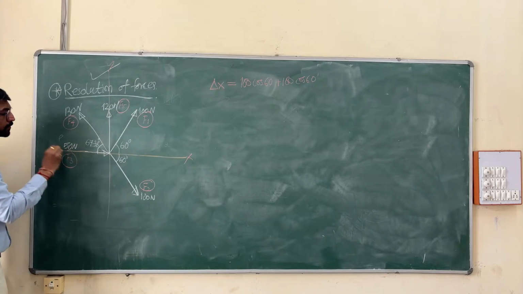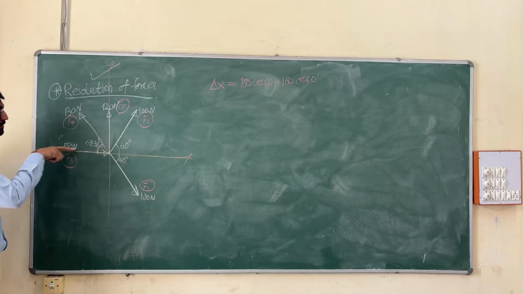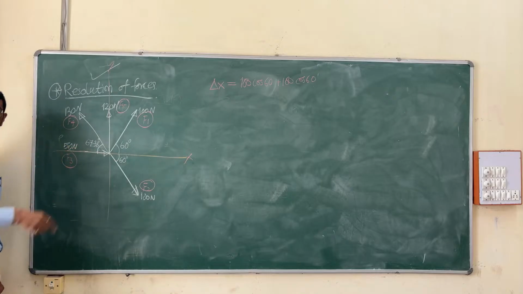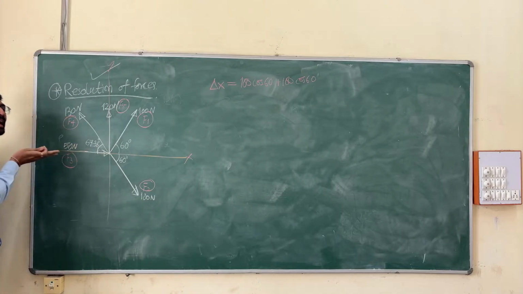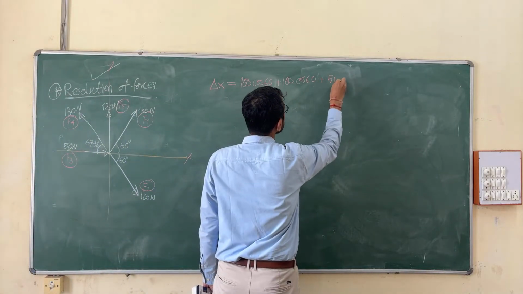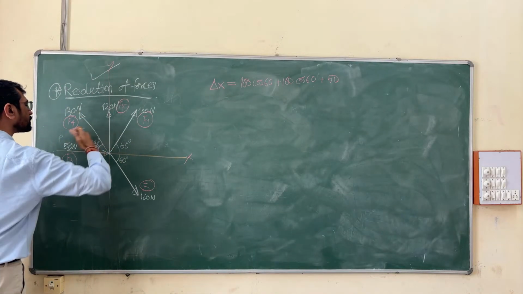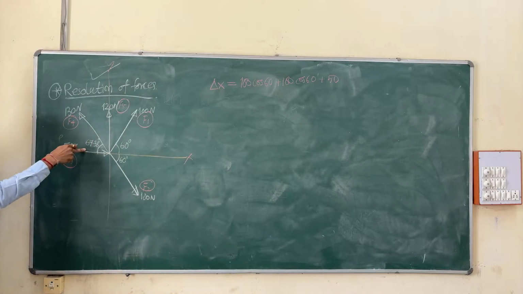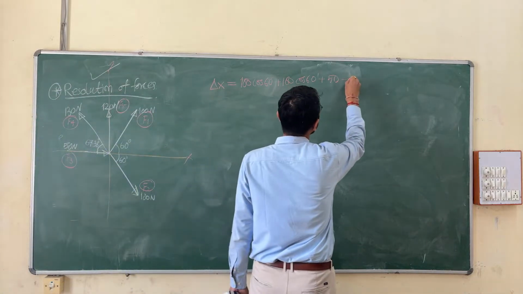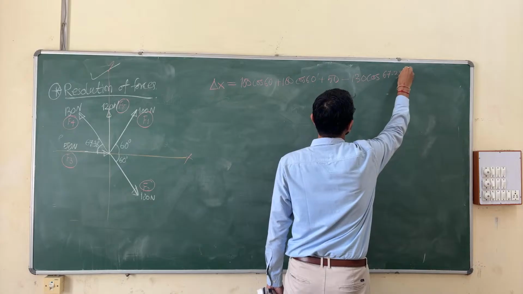this force. This force can be represented here also or here also. It is transmissibility, same. So this will have cos component, which is cos 0, because it is already in x direction, so no resolution is required, plus 50. Then this force is 130, which will have a cos component 130 cos 67.38, but this is in this direction, so it will be minus 130 cos 67.38 degree,